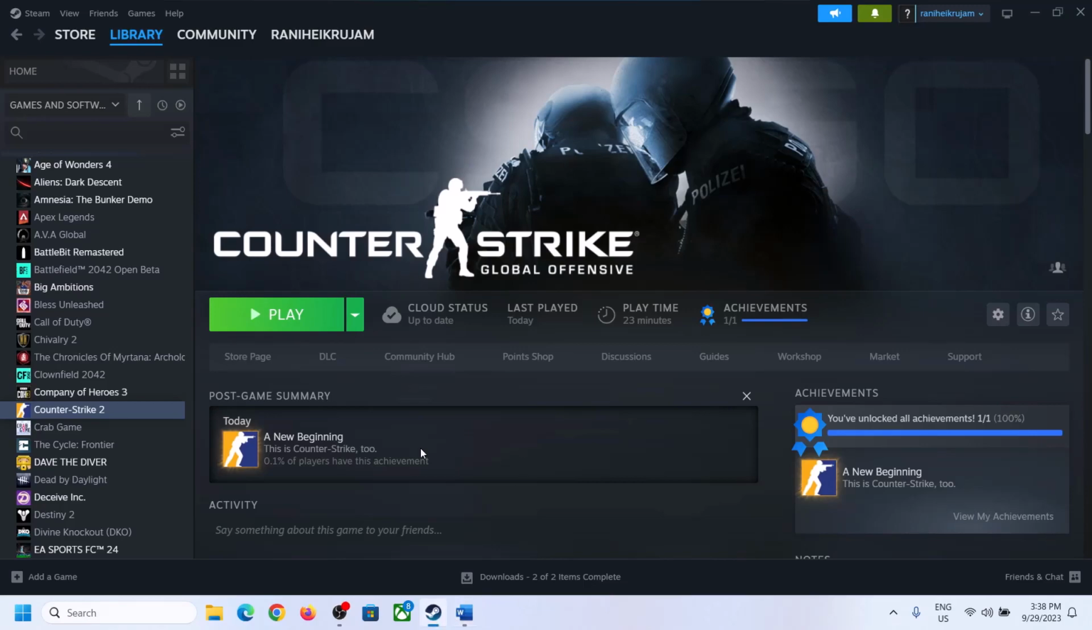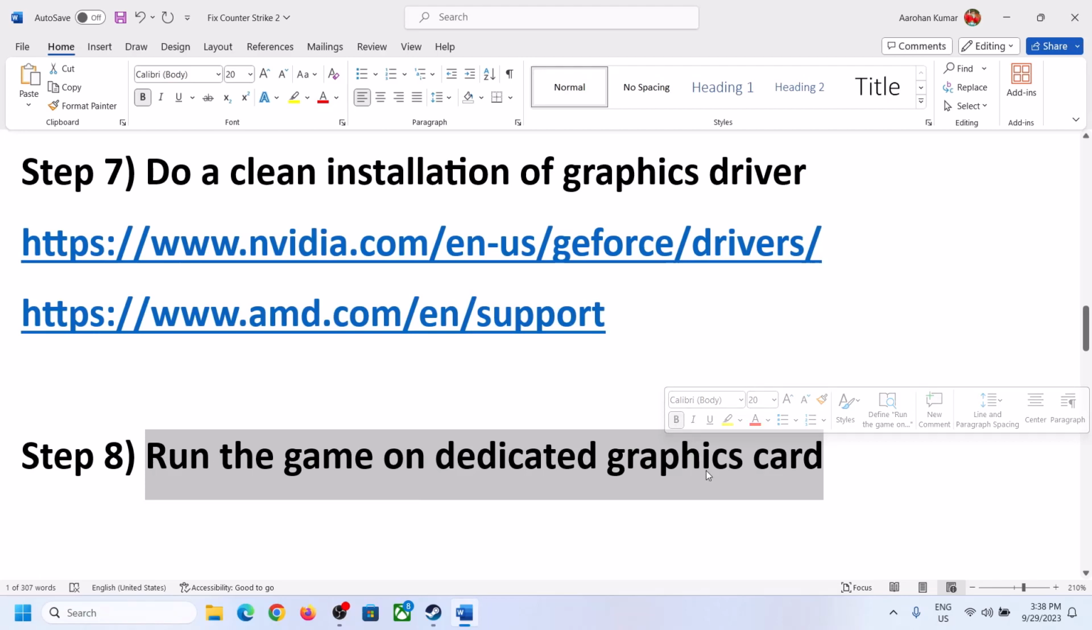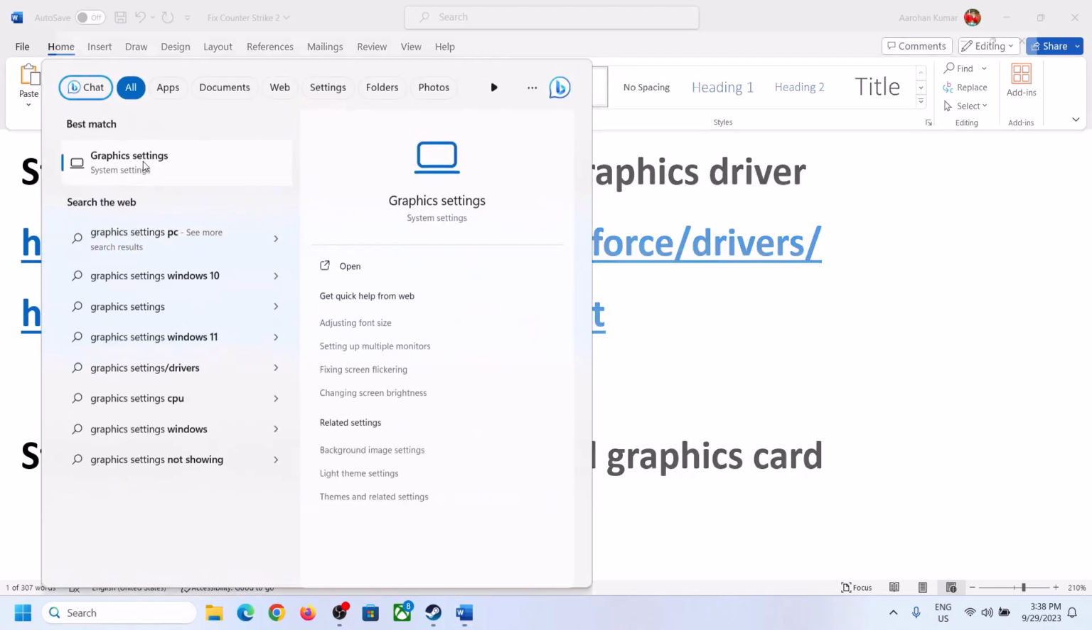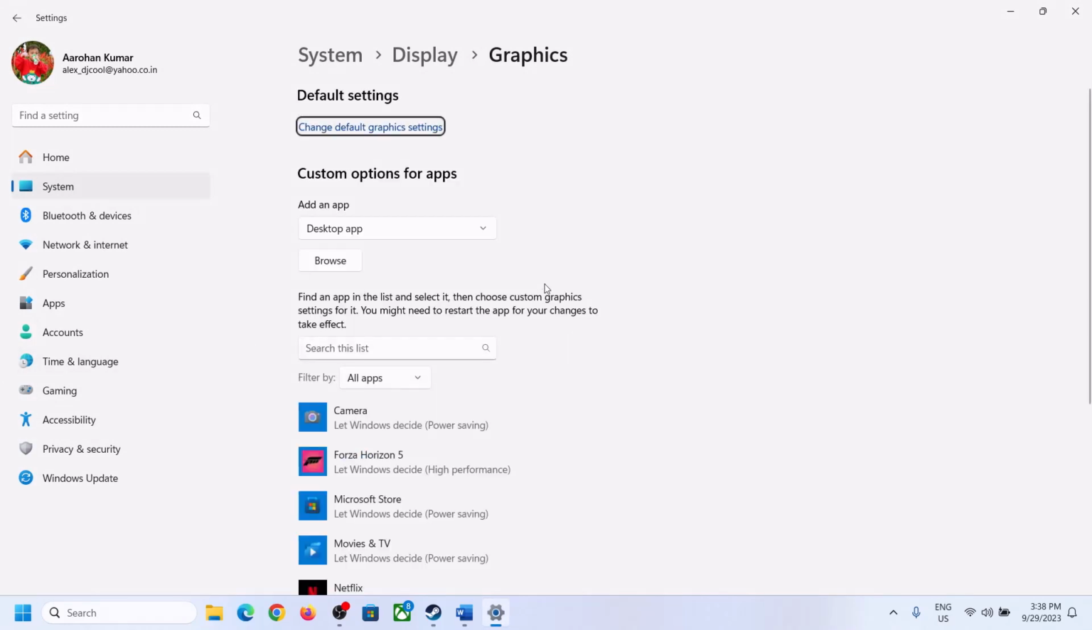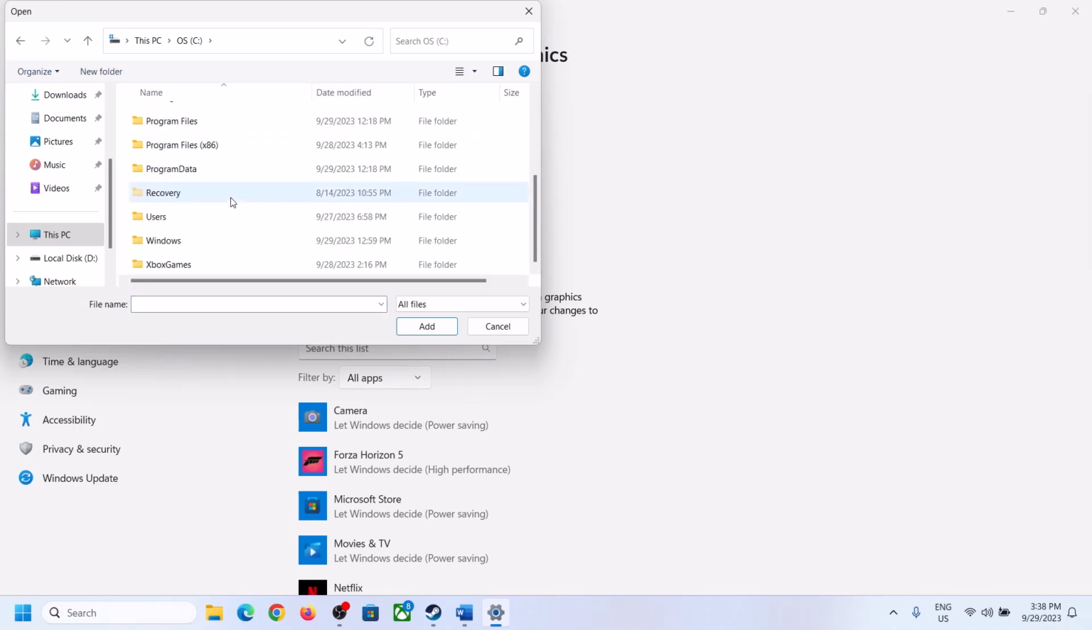Now the next step is to run the game on dedicated graphic card. Type in graphics settings in Windows search box and then click on graphics settings. Now click on browse and then go to the game installation folder. If the game is installed in C drive, open C drive, program files